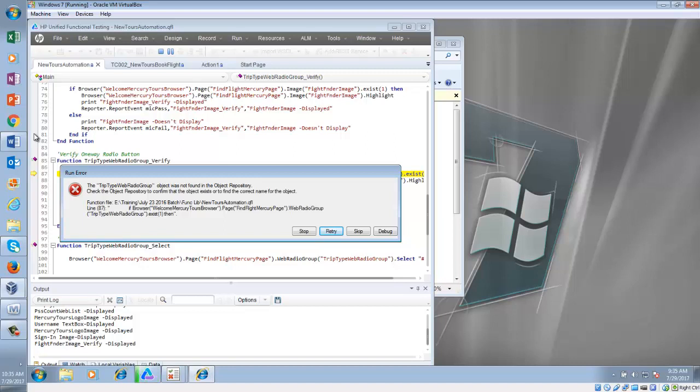Does it make sense? The trip type radio group object was not found in the object repository. Does it make sense to all of you?